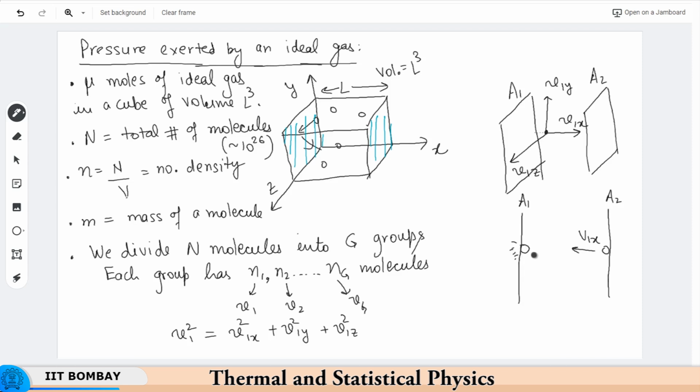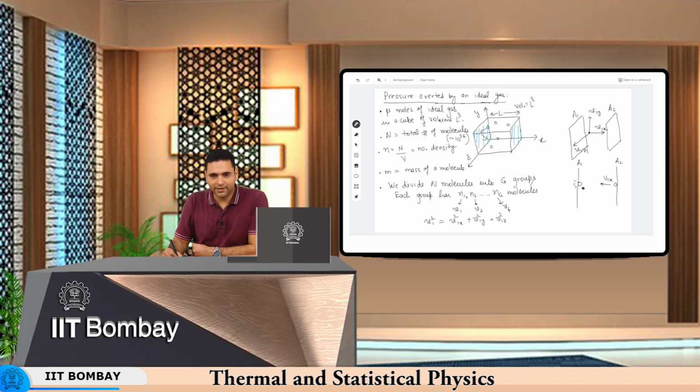So it will collide here and upon collision it will just elastically reflect back and move back to its initial condition, right. And you can see the total distance travelled by this molecule is basically L plus L, right. So it went from A2 to A1 and again A1 to A2. So remember this length is L. So total distance is 2L, and